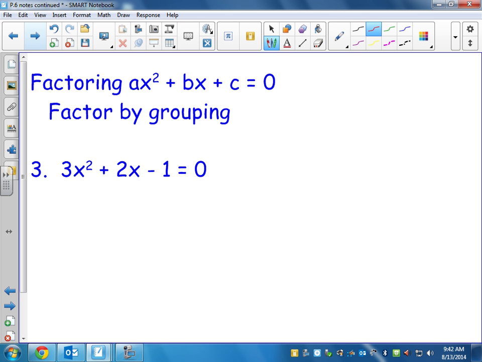If you're going to complete the square on this, it's going to kind of be like the one we just did, because you're going to have to divide by 3, and it's going to get a little ugly in terms of the fractions, but it totally works, and quadratic formula totally works on this. But just to remind you, factor